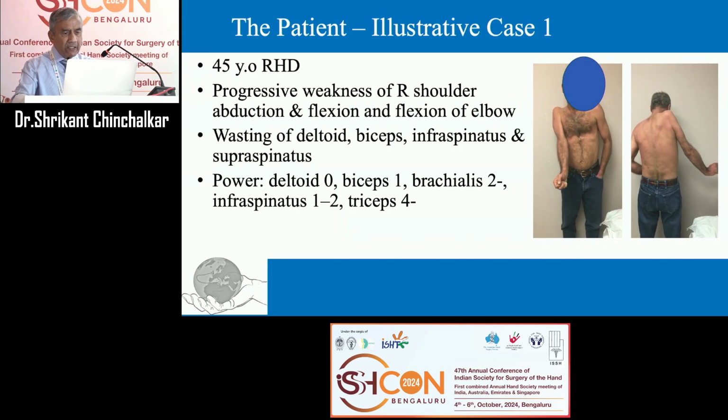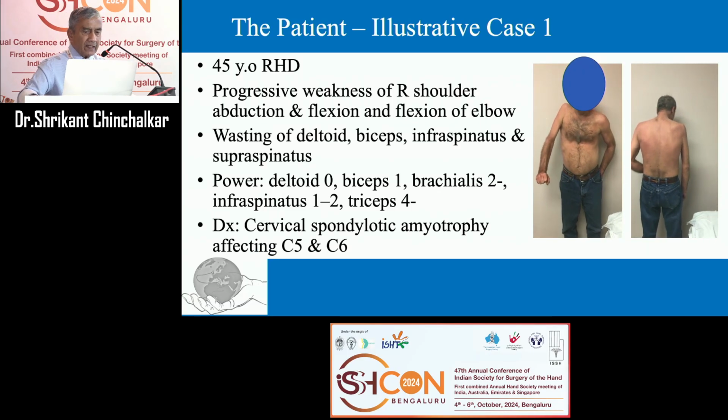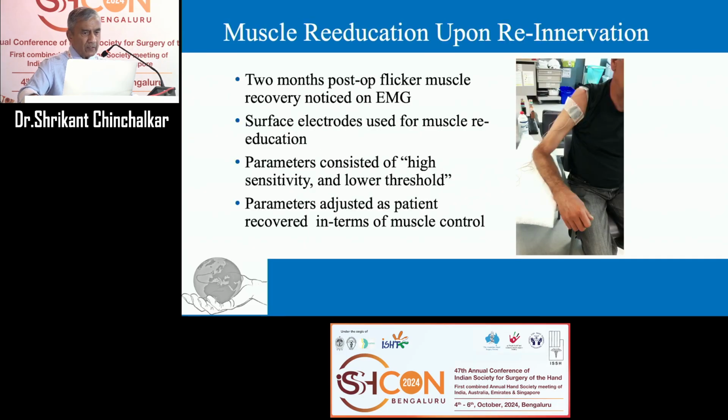So here this patient was diagnosed with cervical spondylotic amyotrophy affecting C5 and C6. He had nerve transfers for elbow flexion and shoulder motion as well. 2 months post-operatively, he started showing flicker, and that's when we used EMG biofeedback, and from there on we continuously used the same method of management